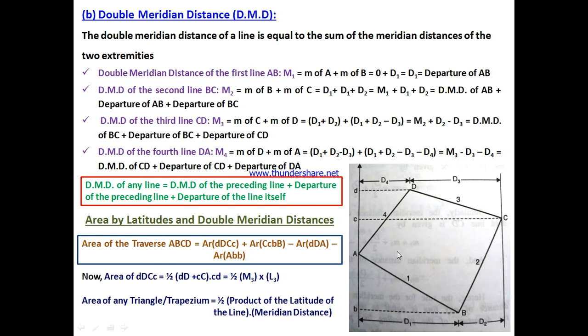Similarly, we can determine the value of each of the areas here, and then at last we just need to sum up all the areas. We have to take the algebraic sum of all the areas, keeping in mind all the sign conventions for latitude and